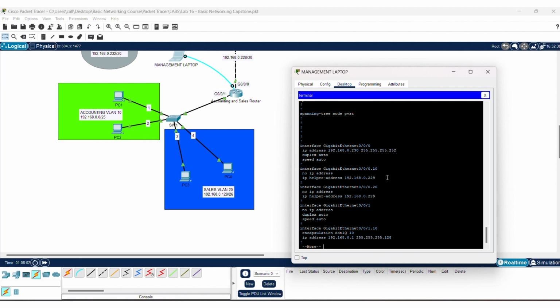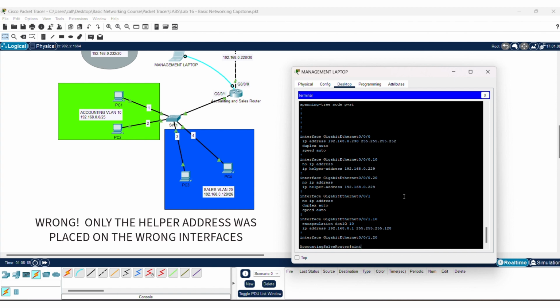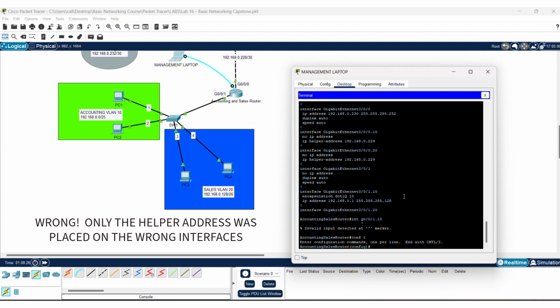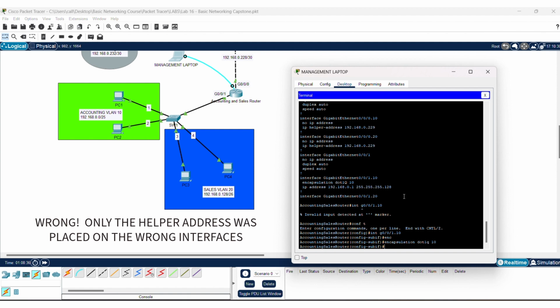If we look here, it looks like we've got interface G0/0.10 and 0/0.20, but if we look over here, those are actually our other interface. So we've configured these two interfaces incorrectly, but that's no worries. What we can do is go ahead and go into interface G0/1.10. Of course, we need to be in global configuration mode for that. Now we can hop into that interface, give it the encapsulation dot1Q that it needs for VLAN 10, and the IP address that it's supposed to have,